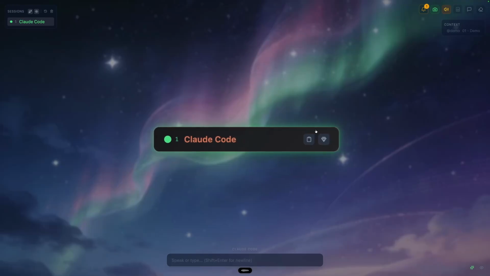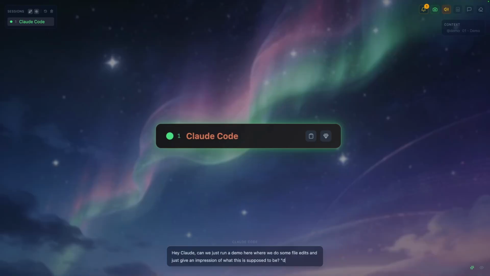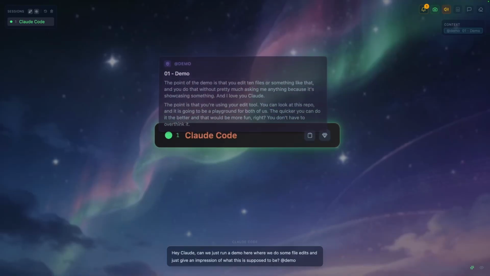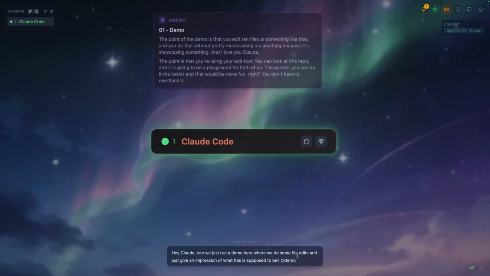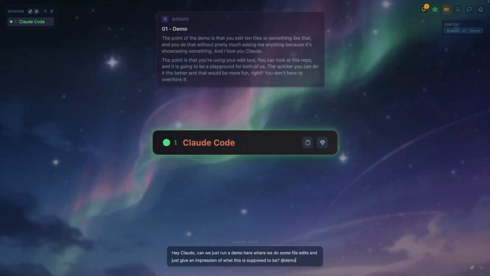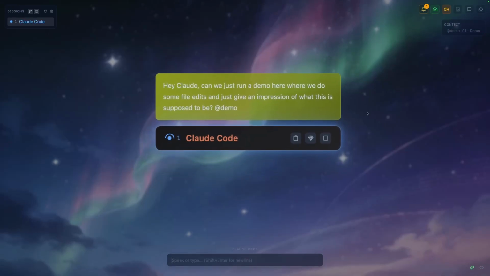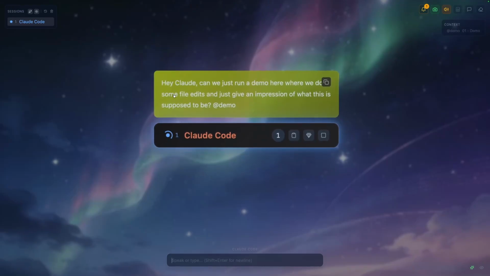Hey Claude, can we just run a demo here where we do some file edits and just give an impression of what this is supposed to be? And then I can go demo, and just by referencing it, it's gonna give Claude that context, so he knows what he's doing. So one of the things that we have made sort of a little bit better here is